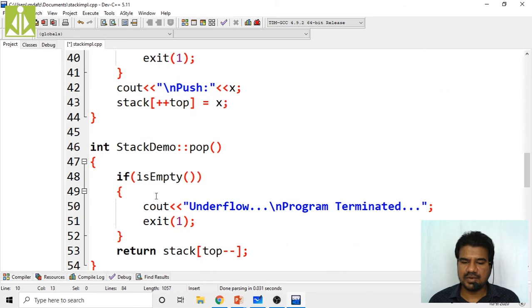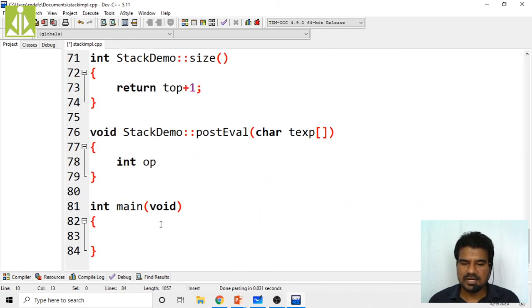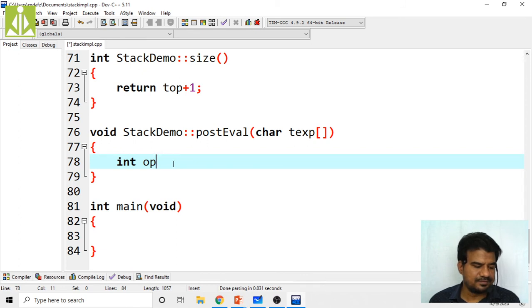So that value we are storing into a variable known as result. Then we are taking operator 1, operator 2, operator 3.